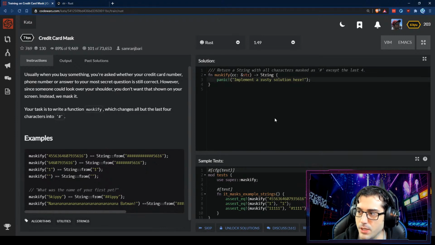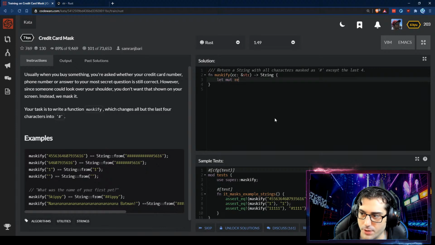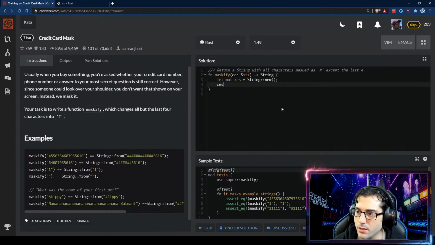So obviously the first thing we need to do is return a string. That's what we have from our function signature here. So let's get rid of the panic and let's say let mut res, because we're probably going to have to mess with the resulting string. But let's make a new string, just like that. And we'll return res by just invoking res without a semicolon, and Rust returns the last statement in a